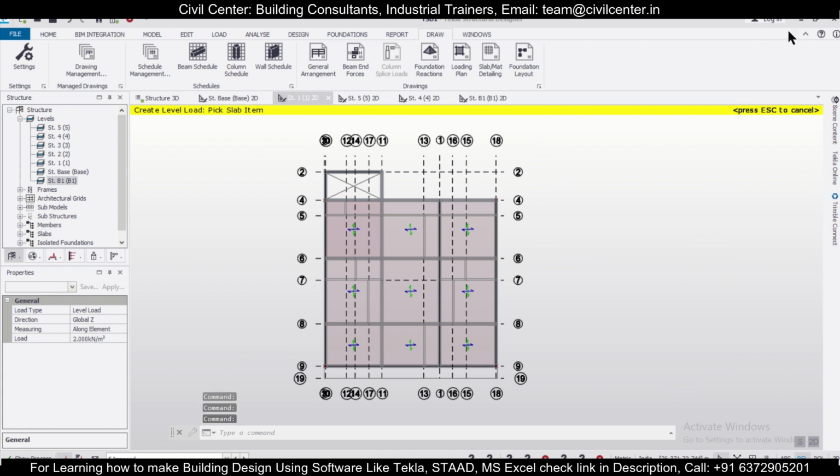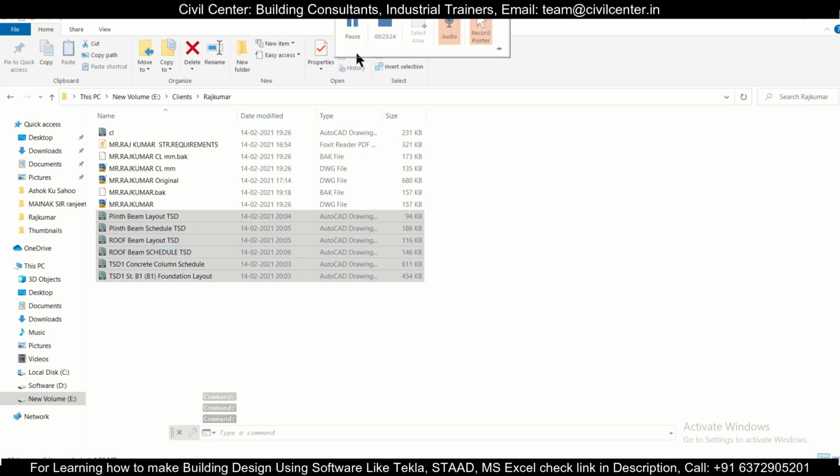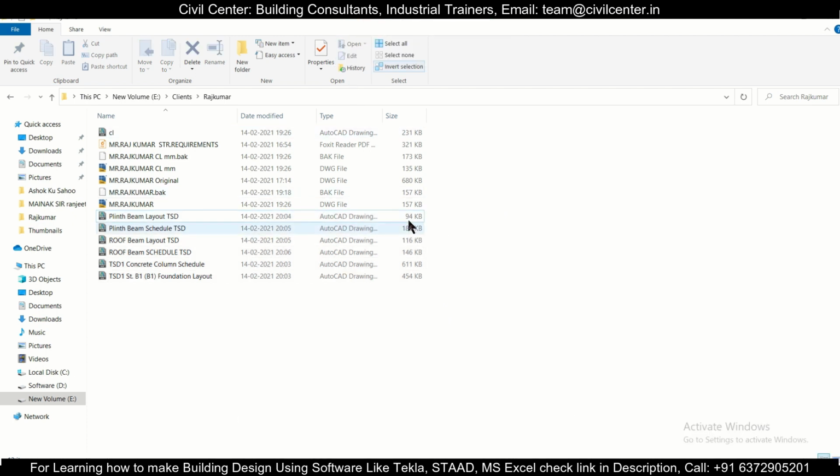And after that you can just check the drawings here, all the drawings which you have generated in THD, and right click on them, open them. Some of them are already open, so you can just view them in your CAD software which you are using. As you can check here one by one all the drawings, and you can just customize them and then obtain your final drawings. So let's open them one by one.